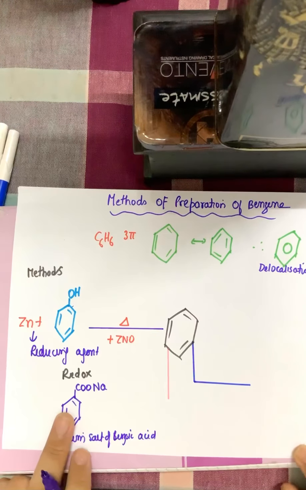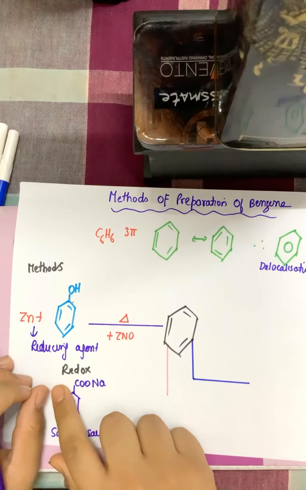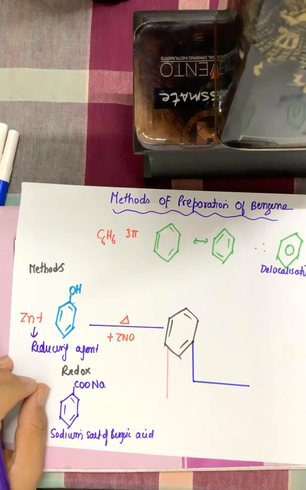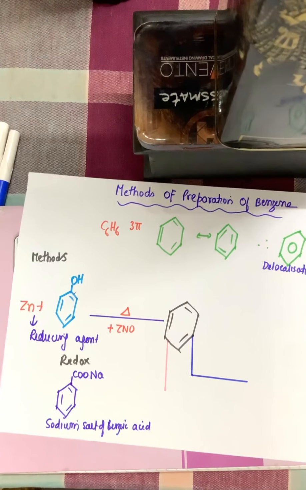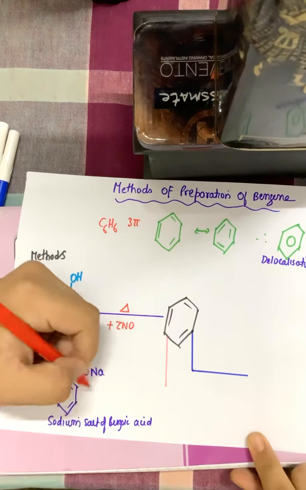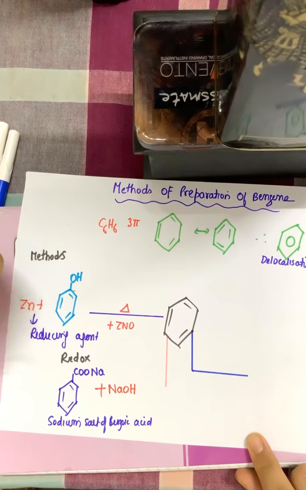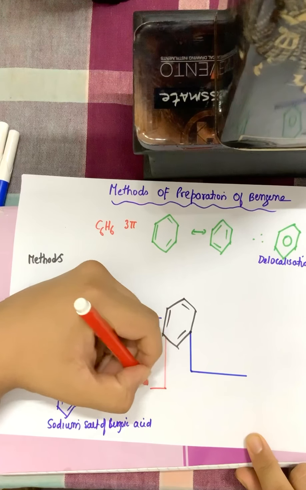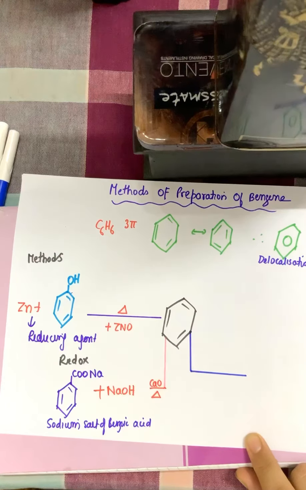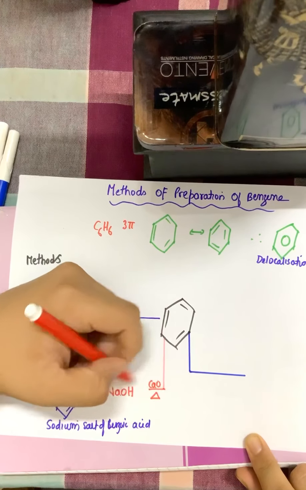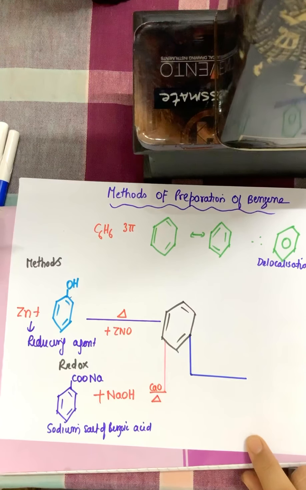Now I have to make this sodium salt of benzoic acid into benzene. That means I have to remove this whole part of it. Okay, and removal of carbon is called decarboxylation. So I have to remove the carbon only, and I have to undergo this reaction of decarboxylation. So for that, what I do is I react this with a base. This is an acid, I react it with the base NaOH. NaOH is a base because of OH, under calcium oxide and heat. Okay, calcium oxide and heat, and this whole mixture is called soda lime. NaOH and calcium oxide plus heat is called soda lime.